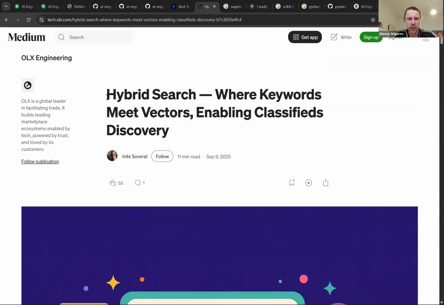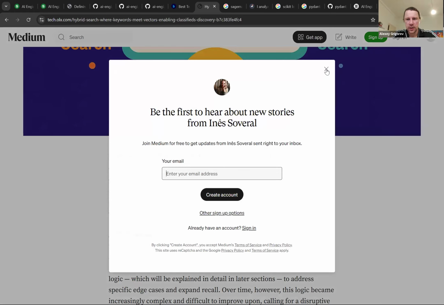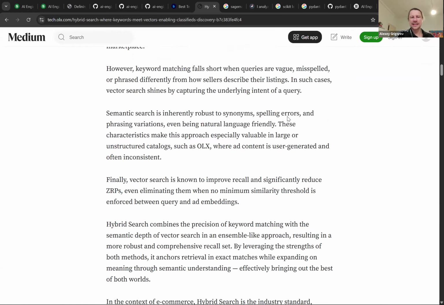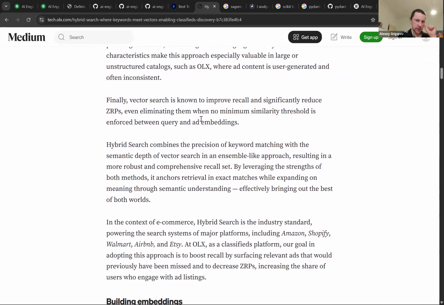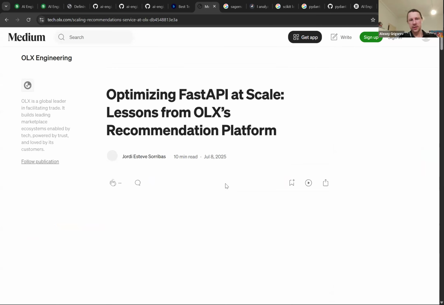So for example, here they're talking about hybrid search, like how exactly they are doing this hybrid search at OLX, right? And then what you can do is understand what kind of problems they are solving. You can see that they are solving hybrid search, which I have no idea what that is, or, for example, recommender systems, right?